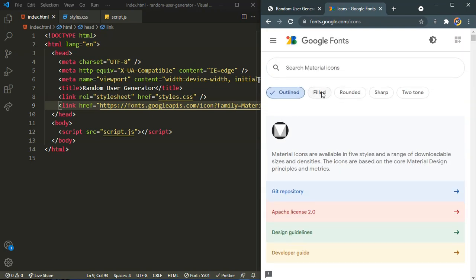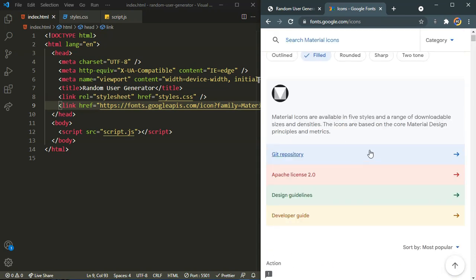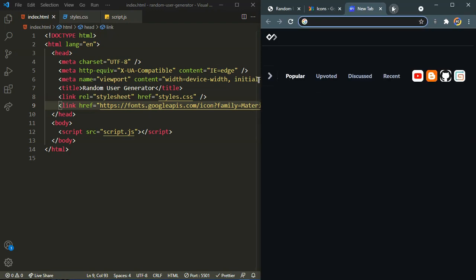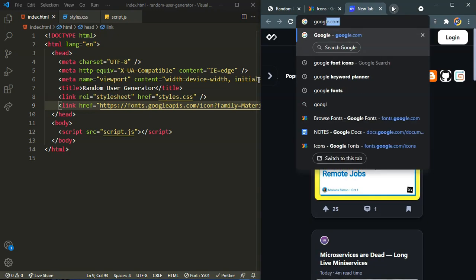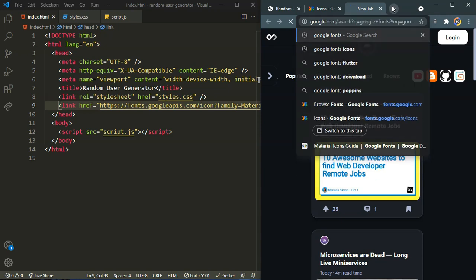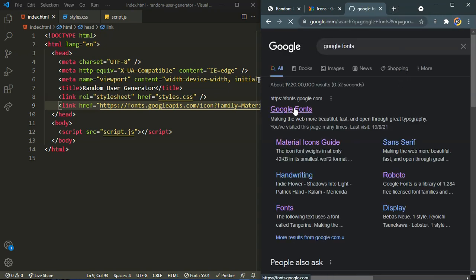Make sure you tick the filled version and search for any icons that you need. Now is not the time. Let's import the further things. One more thing which I will be using is a custom font that is from the Google fonts only. Google fonts, right? Not Google font icons. Over here